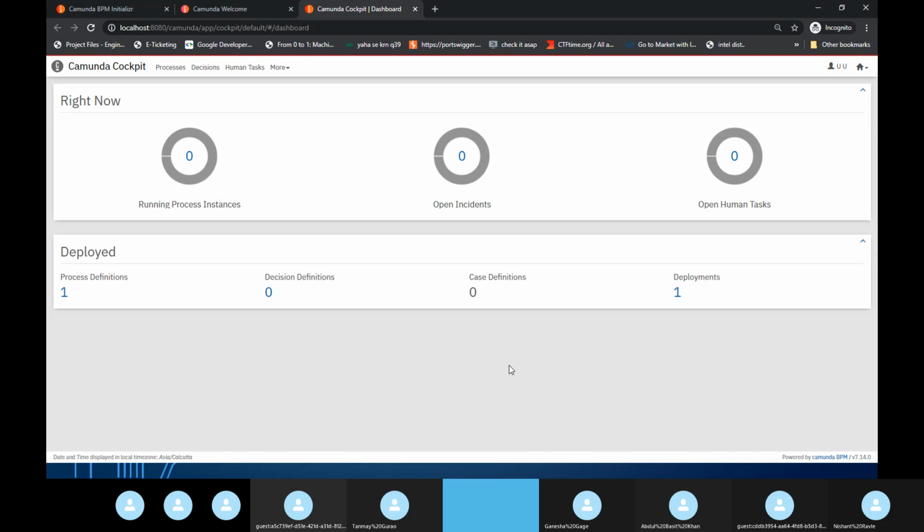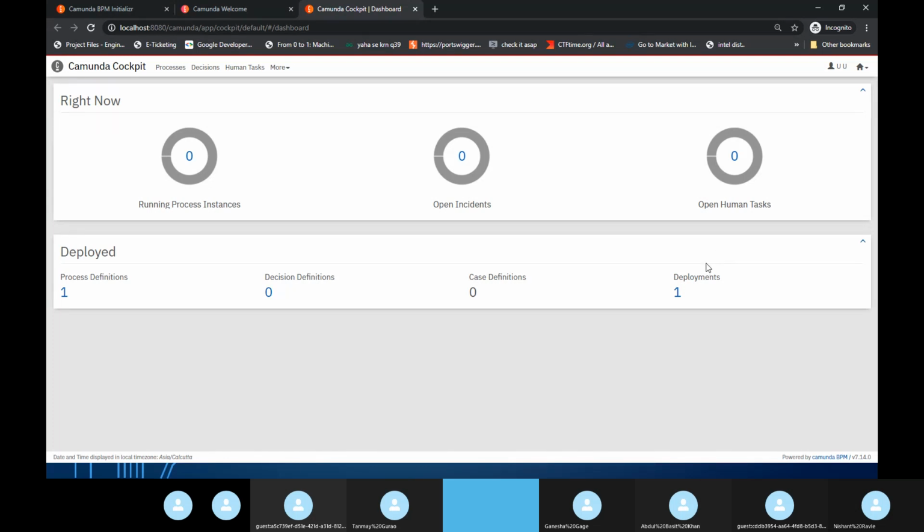Now, if I want to say, Tanmay, I want you to manage one of my clients, then as an admin, what I want to show Tanmay is the process or dashboard of one client.